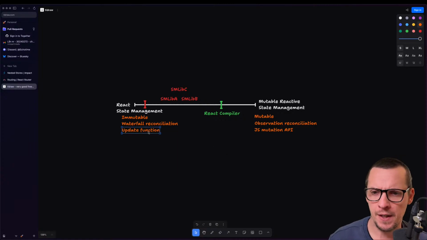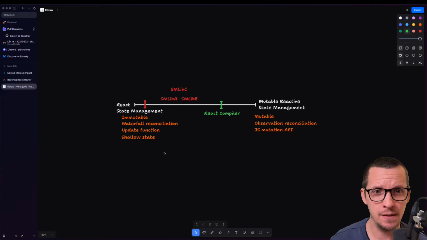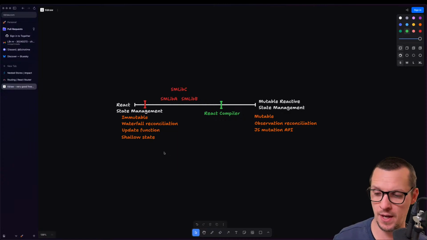Another big difference is you only have shallow state. When you have a list of to-dos, of course you can have an array as your state, and then you have the actual to-do items as objects in that array.